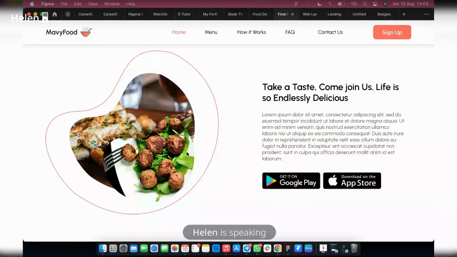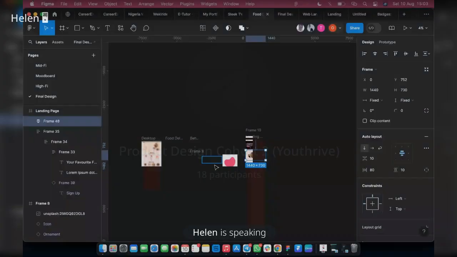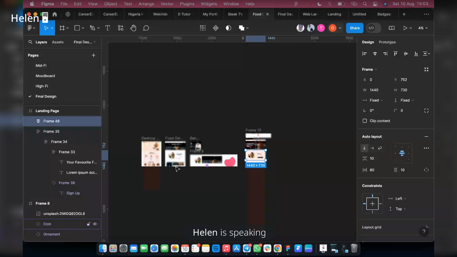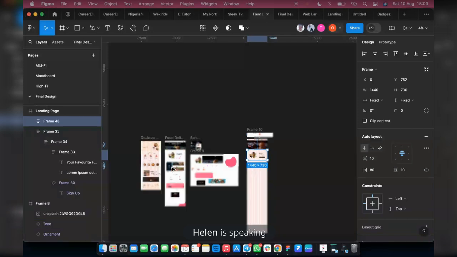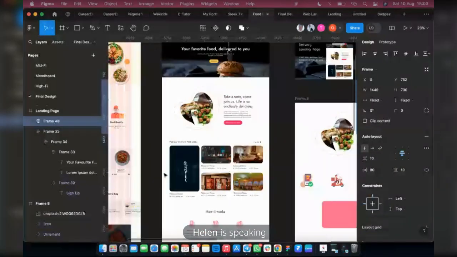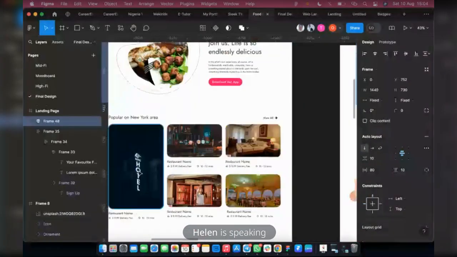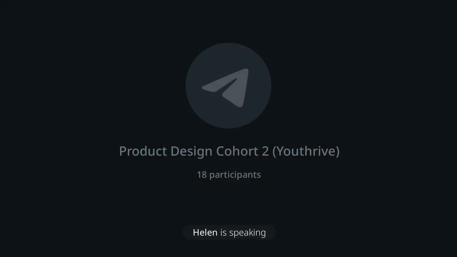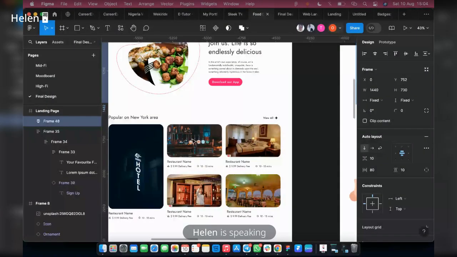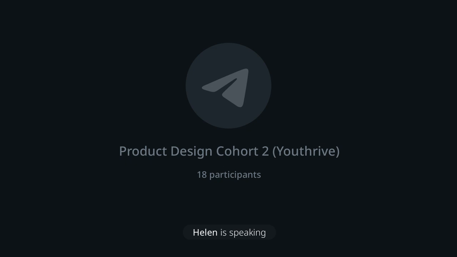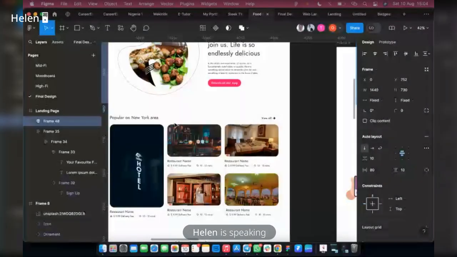Now the next section we are going to design on the home page is going to be this section here. So that is what we are going to design. Here we are going to use our own images, maybe food images, restaurant images, or whatever we want to use. So the next thing I'm going to design is popular restaurants. That's what I'm going to use,